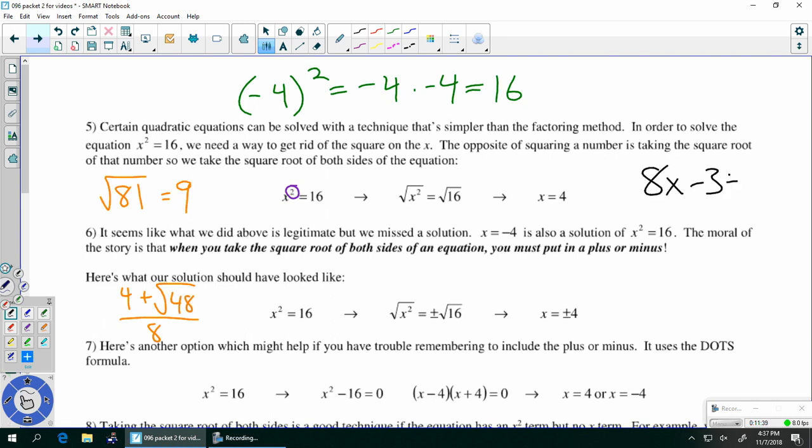8x minus 3 equals 5x plus 7. What's the highest power of x you see anywhere? It's 1. It's invisible. How many answers have we been getting to all of the equations we've solved this semester? 1, up until today, because every equation we solved was linear. First power, 1 solution. I won't give you any equations this complicated, but if I gave you like 2x cubed